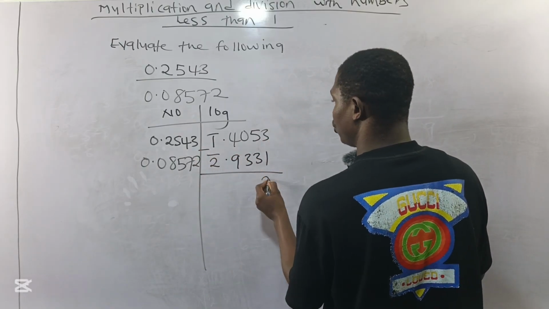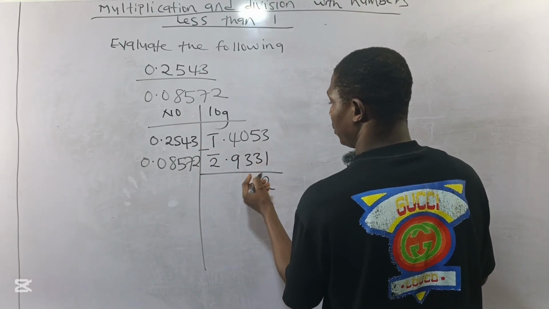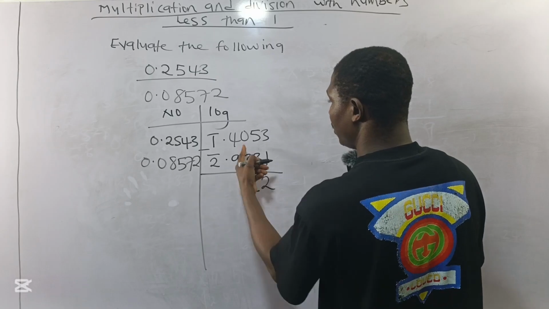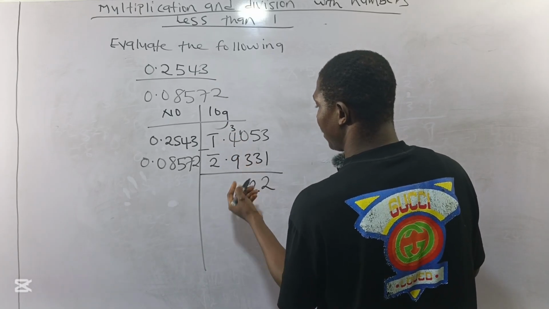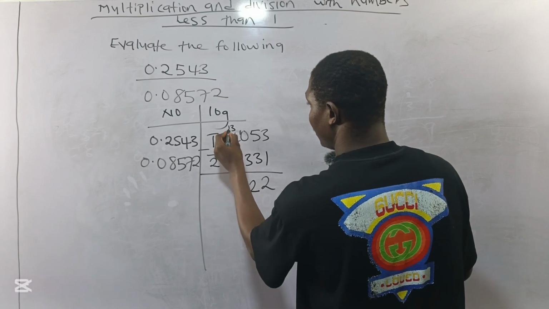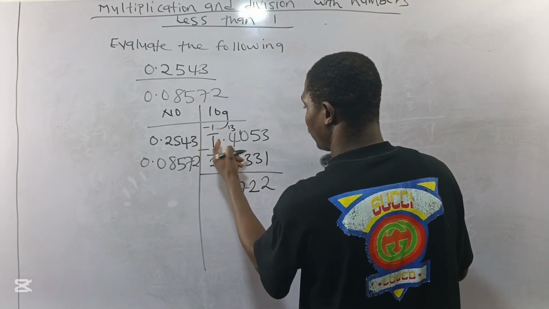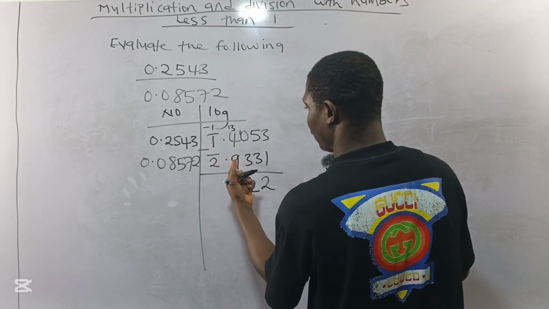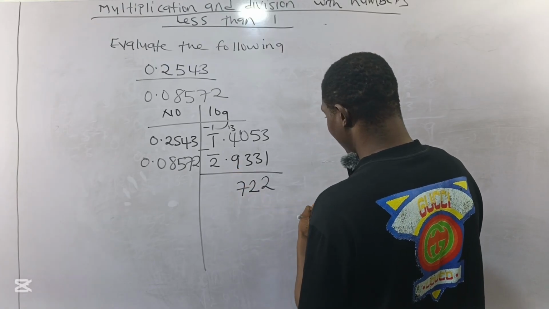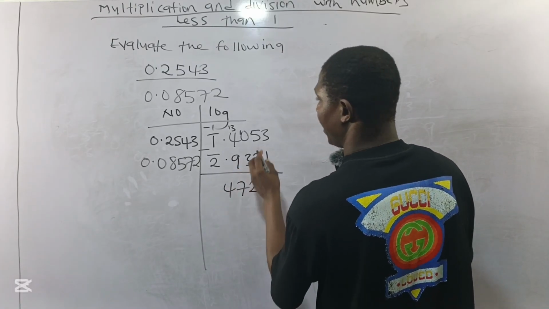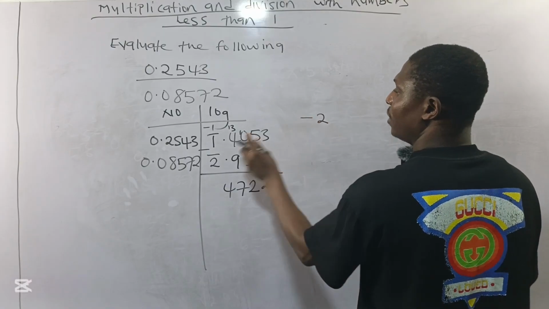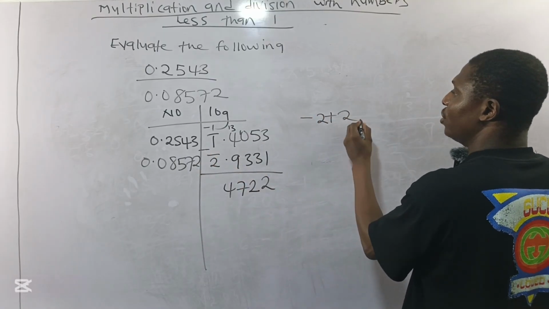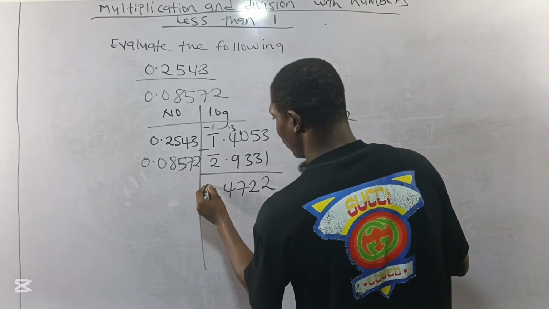3 minus 1 is 2. 5 minus 3 is 2. 0 minus 3 cannot. 10. Yes, left with 3. 10 minus 3 is 7. If I take 1 from here, it becomes minus 1. 13 minus 9. 13 minus 9 is 4. And I have minus 1 to give me minus 2. Minus minus plus. So I have minus 2 plus 2 to give me 0. So I have